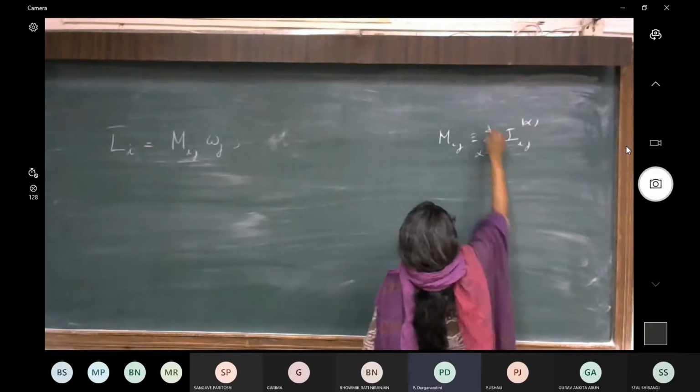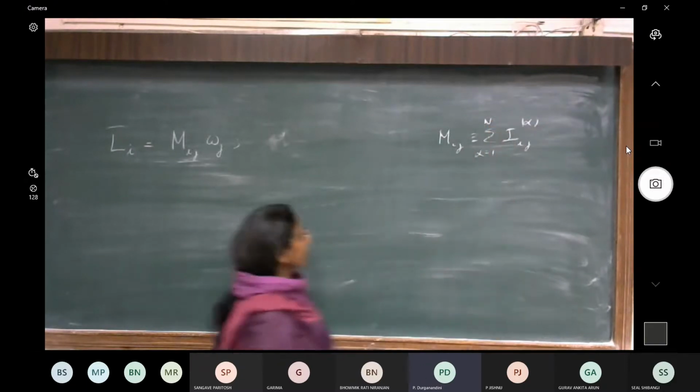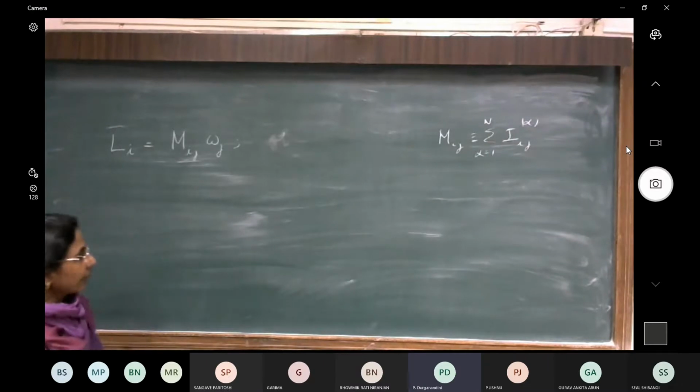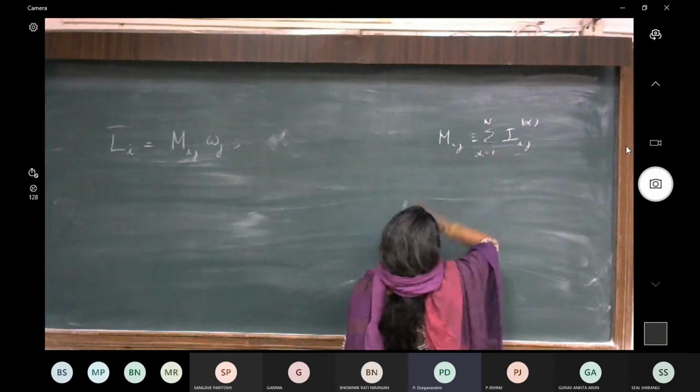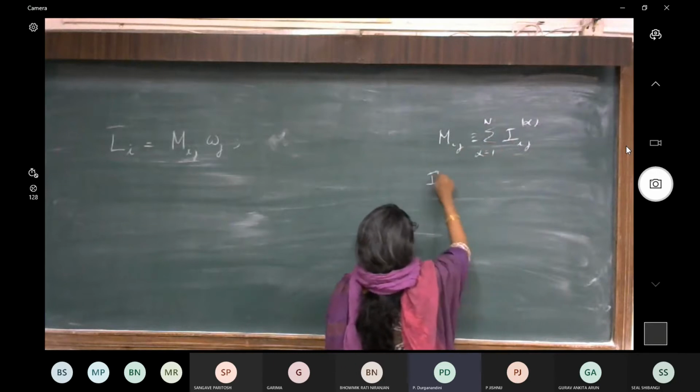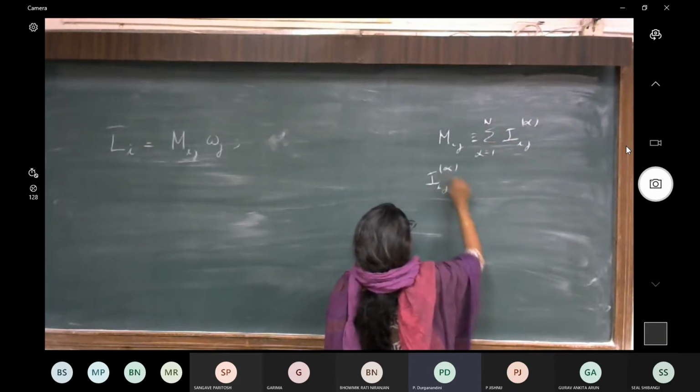If I imagine my rigid body to be a collection of n particles labeled by alpha, each with mass m_alpha, then this I_ij is defined as the sum of I_ij^alpha, and I_ij^alpha in turn is defined as